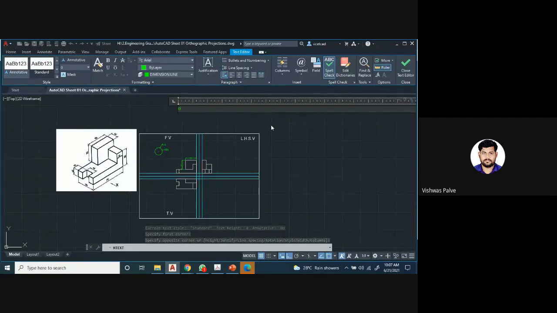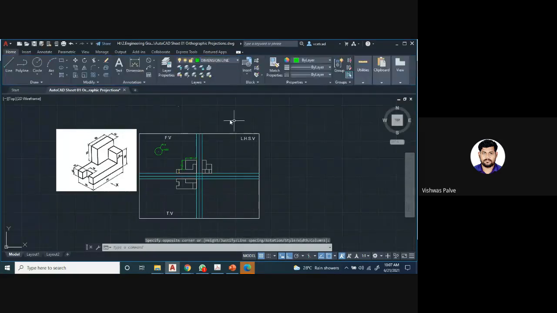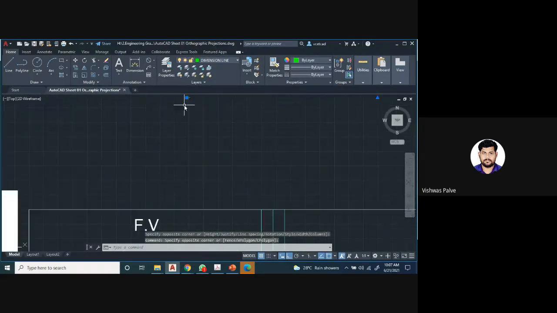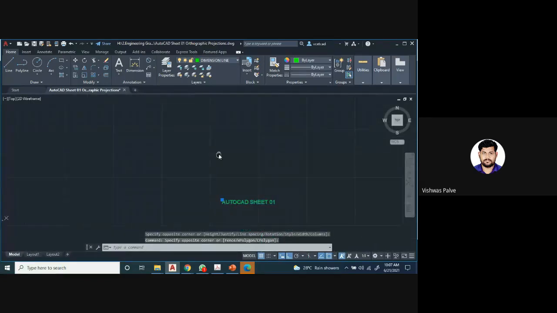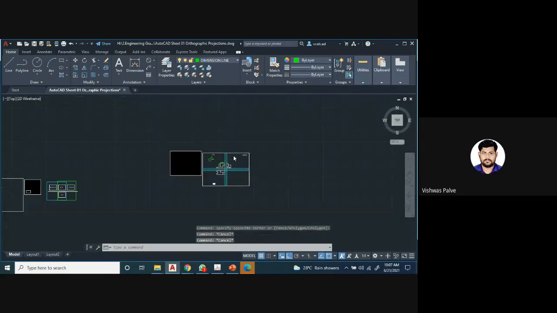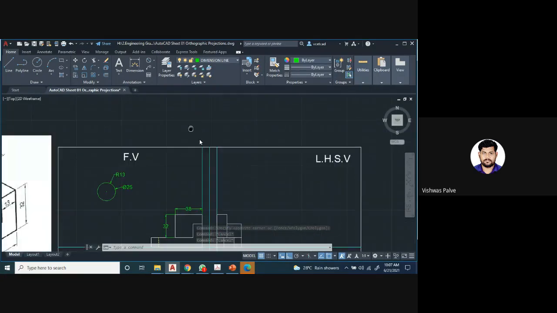I will type: today's, this is my AutoCAD sheet 1. Now check the height. How much is the height? Suppose I click close, the text is not visible. See what happened. The text is there, it is a small dot, because the height of the text is too small, so it won't be visible on the screen. Don't panic whenever the text is not visible.